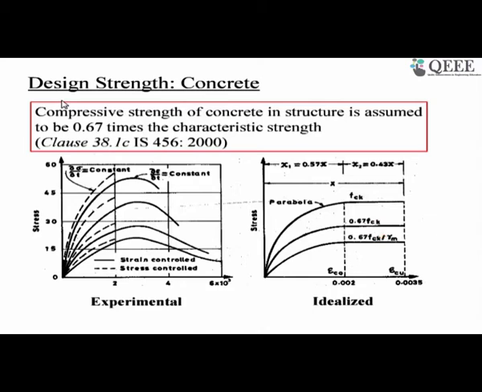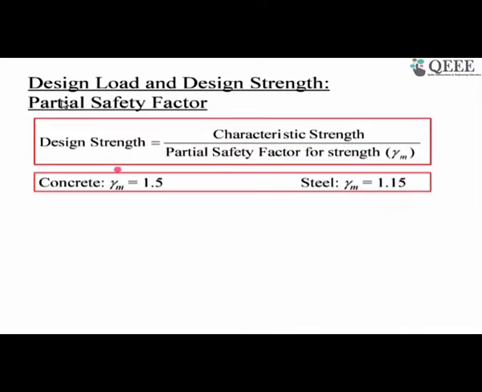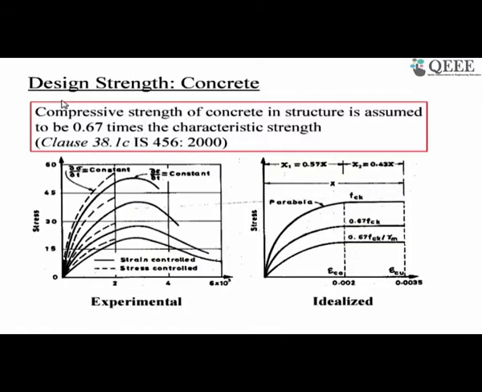Then on top of that you have the partial safety factor for concrete, which is 1.5. Instead of the characteristic load, you take the characteristic strength of concrete used in the actual structure, and in addition you apply the partial safety factor of 1.5. So this is your design curve. This is the experimentally obtained curve, and this is the idealization of the experimentally obtained curve. From this to this we have reduced the strength, because you cannot get the same strength when the same concrete is used in an actual structure. So this is the characteristic strength of the concrete used in the actual structure, and then the strength is further reduced to get the design strength